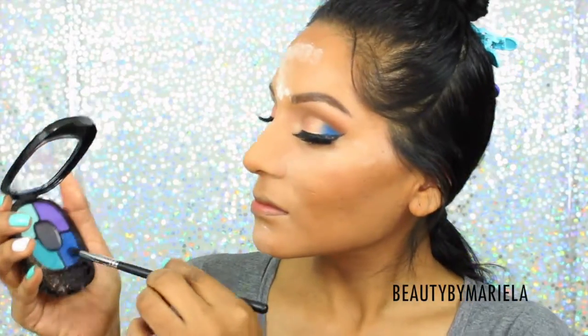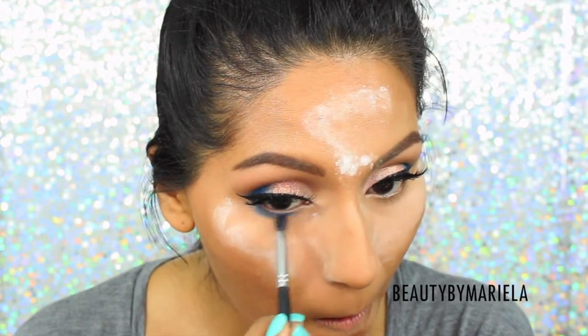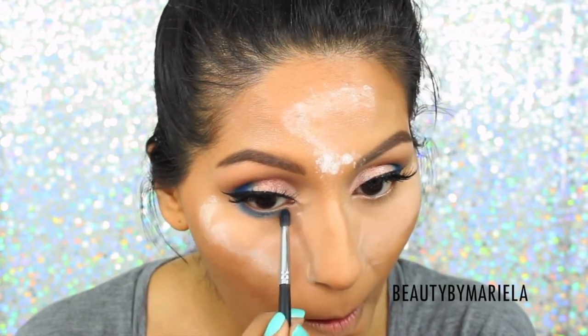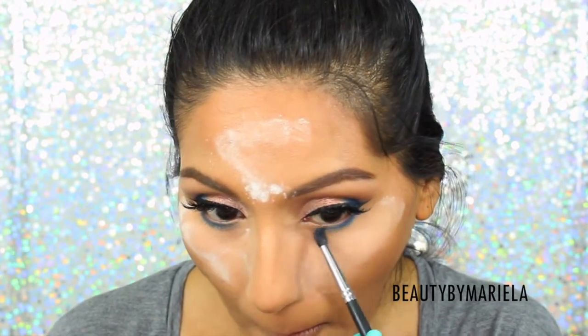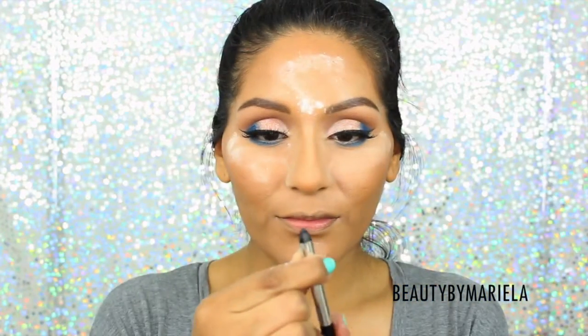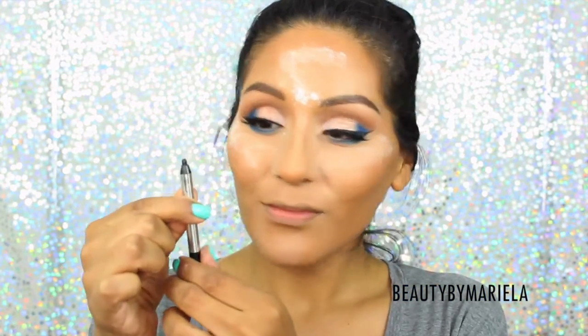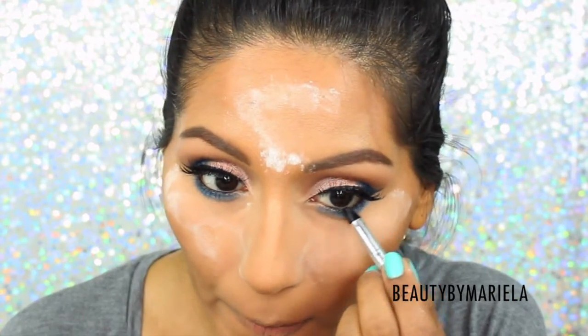I'm going back again to my Wet n Wild Fergie palette, and I'm still using that navy blue eyeshadow, and I'm just gonna apply it on my under eye just to smoke it out. I'm using my Sigma Small Taper blending brush, which is the E45. This is my Marc Jacobs gel liner. It is amazing. I'm very impressed by it, but I'm pretty much applying it on my waterline,